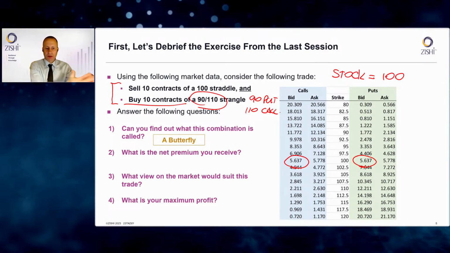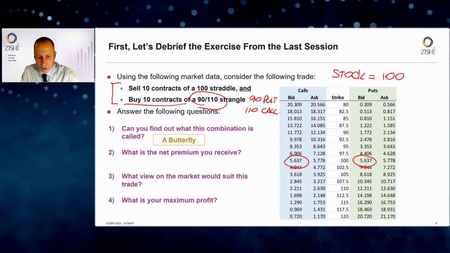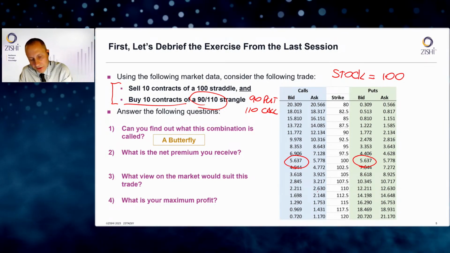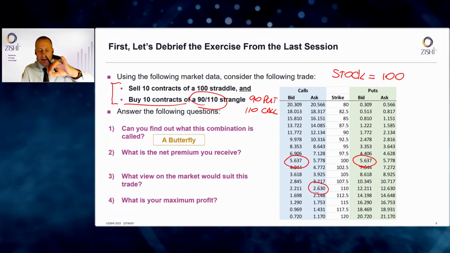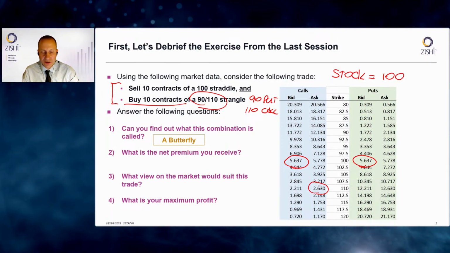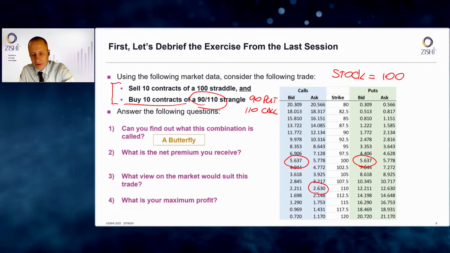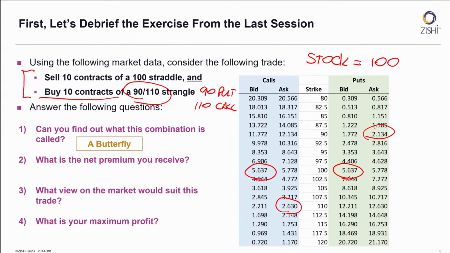So a low strike put and a high strike call. So if I go down the call side of things and find the 110, you can see that I can buy that at the ask side of the market for a price of 2.63 per share. And then if we go and find the corresponding put option, you can see that I can go and buy the 90 put at a price of